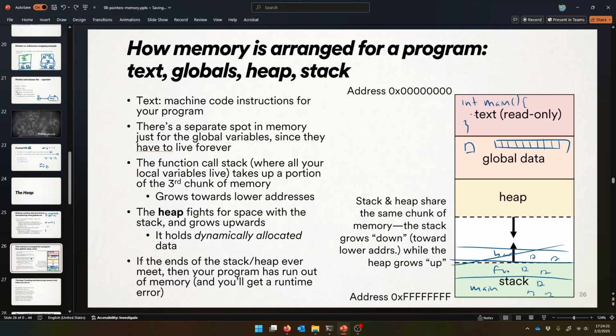And then there's this last place called the heap. The heap and the stack share this chunk right after the globals, where the heap starts. The heap's growing this way, and the stack's growing this way. The heap is a place where you can ask for memory. All right. The heap holds a thing called dynamically allocated data. So it's just stuff that you want right now, that you want to stick around. You can make an int on the heap, you can make a big long array on the heap,